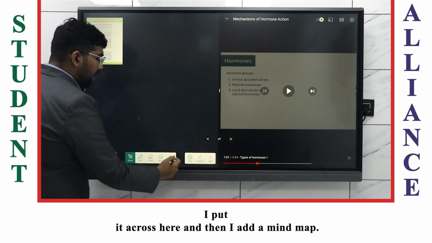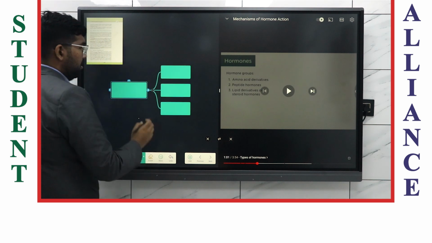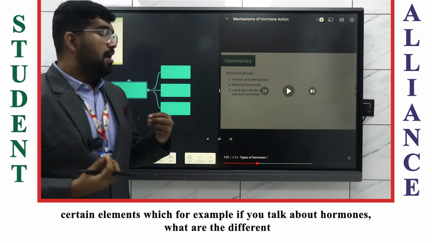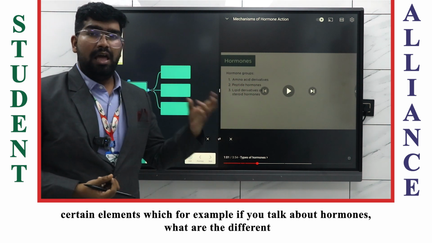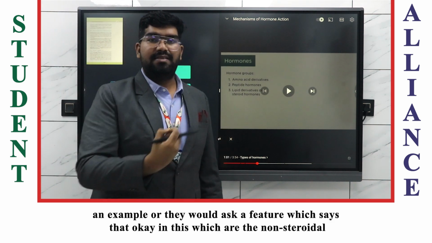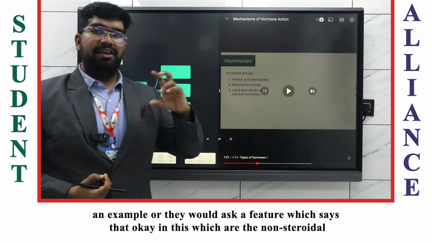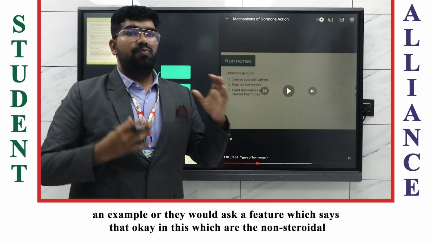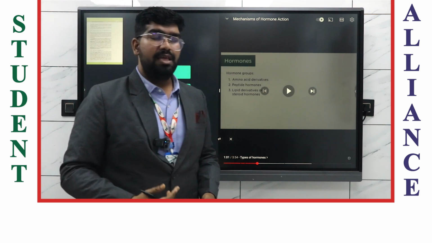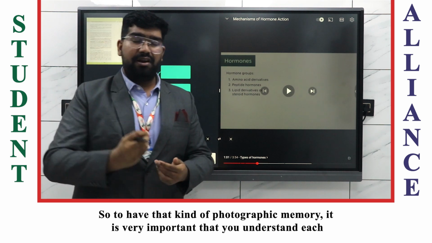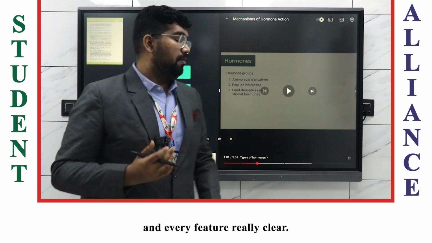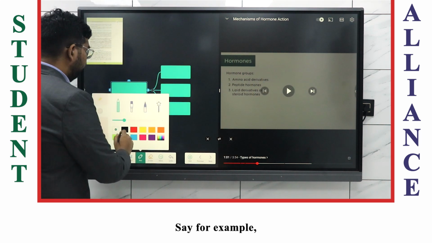And then I add a mind map. Mind maps are a very important tool when you want to understand different types of certain elements, for example, if you're talking about hormones. What are the different types of hormones? Generally during your NEET examination, they directly ask you for an example, or they would ask for a feature, saying, in this, which are the non-steroidal hormones? They'll give you 4 different examples and you'll have to match one. To have that kind of photographic memory, it is very important that you understand each and every feature really clearly. Say for example,